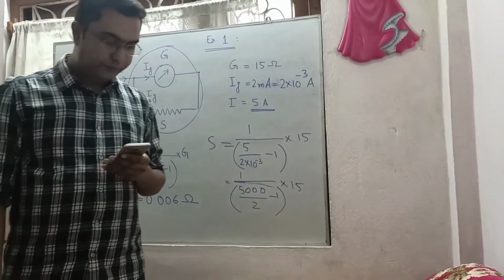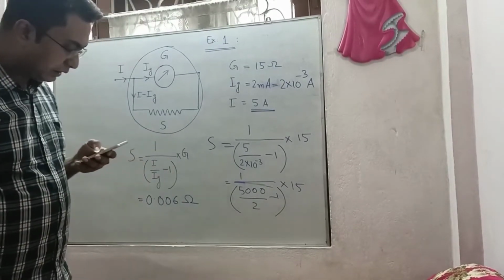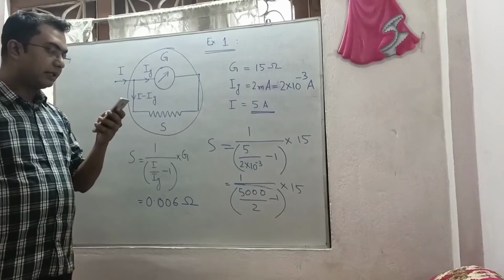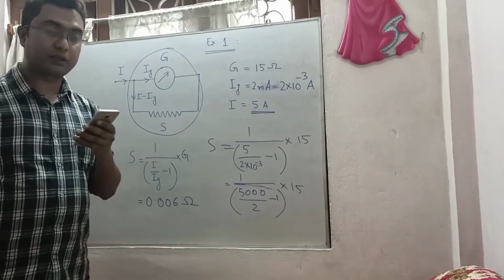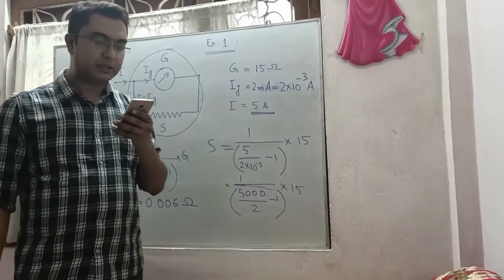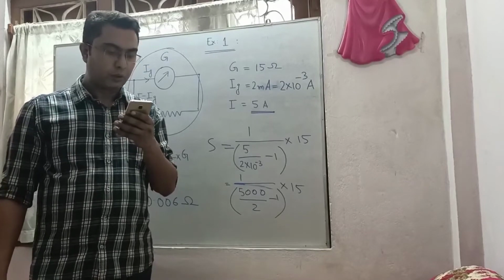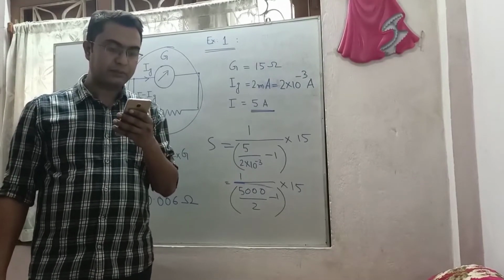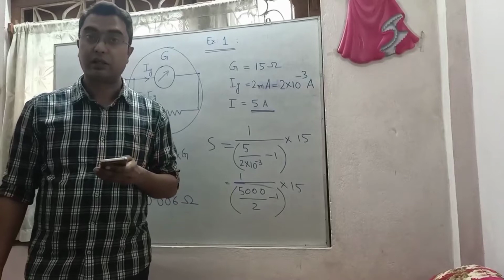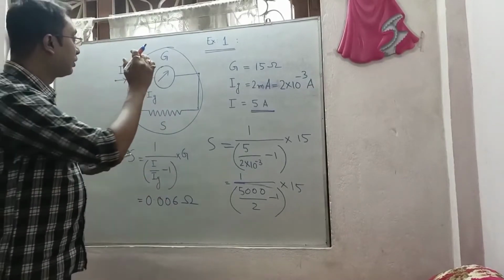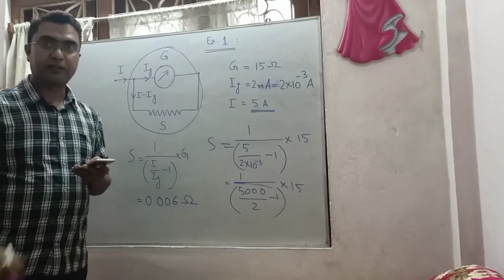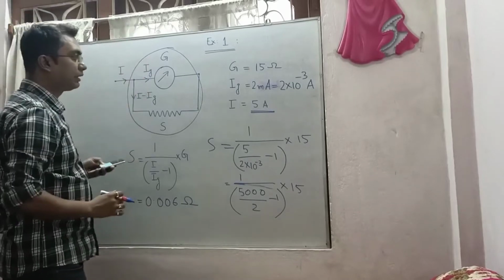Okay, so if you move into the second numerical, in the second numerical you see it is given that an ammeter of resistance 100 ohm can measure a maximum current of 5 milliampere. What will you do to measure a maximum current of 5 ampere with it? Now here the name of galvanometer is not mentioned. It is said that already we have an ammeter.